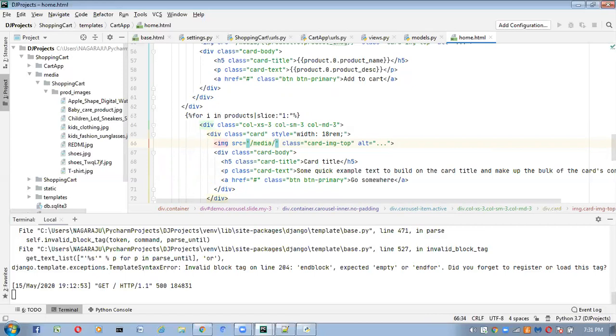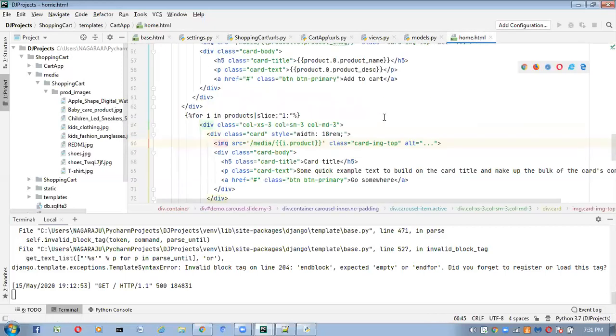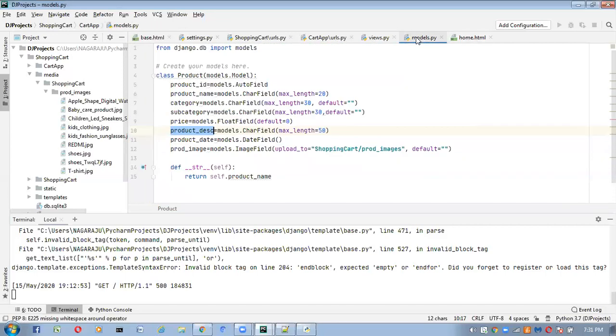Next, curly brace template tags we have to use, and inside that product means each product, I dot product_image. The name we have is prod_image, and I took prod_image here.